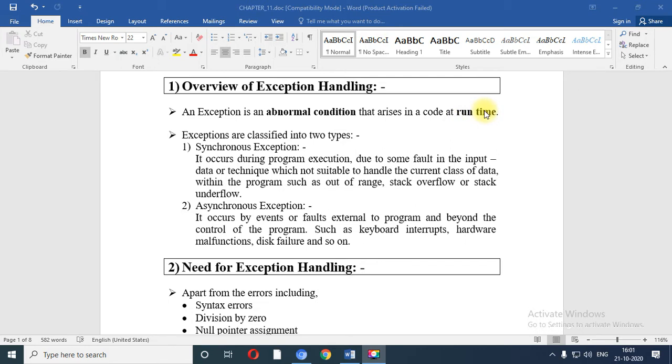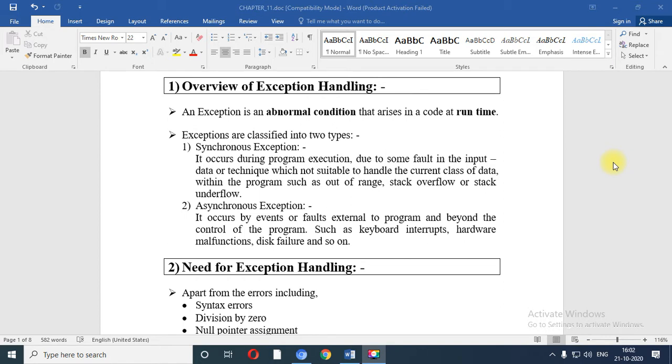That means sometimes when you compile or execute your program, some abnormal conditions occur, and due to that your program is terminated, and you don't understand the situation or fault, due to what reason the exception occurred. So that is an abnormal condition in which the program is terminated.